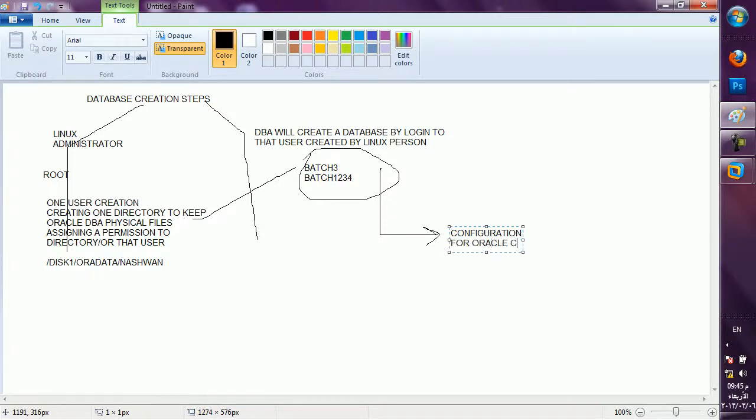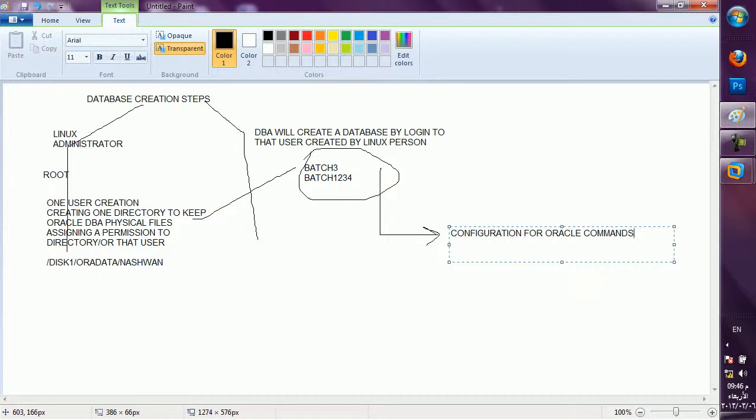for Oracle commands. See, the first time when you log in, you will get a Linux prompt. Linux prompt is there, no? The SQL prompt is not coming. The Linux prompt is coming when you right click and open terminal. So you can further connect to SQL from that prompt. If you give the command sqlplus / as sysdba, the first time Linux will not understand what command it is, because it can understand Linux commands but not Oracle commands.